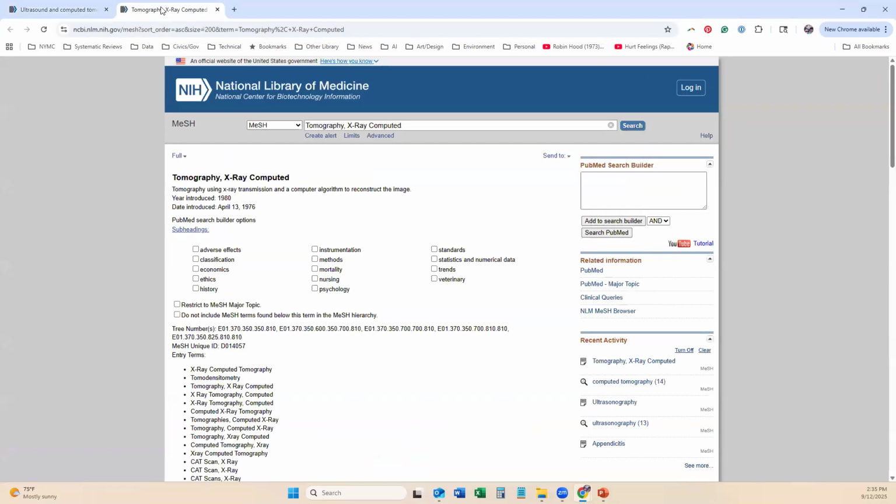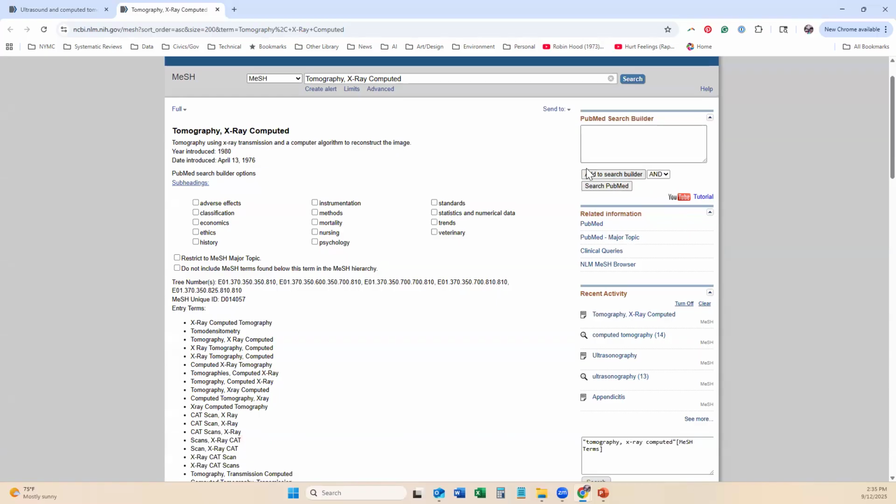And now this is that background database that I was talking about. This is essentially a second database that is behind, that is just a database of these terms for PubMed. So if it is not in here, it is not a MeSH term. And so if I hit this Add to Search Builder button, I can now copy and paste from here the